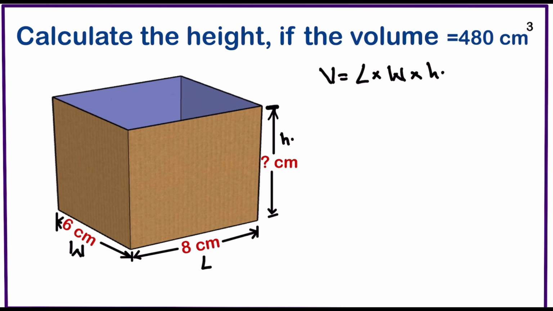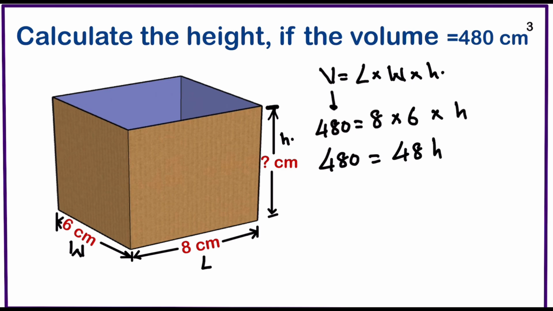So we just simply substitute the known values. So we have the volume, which is 480, should be equal to, they give us the length, which is 8, times they give us the width, which is 6, times h. So we are going to have 480. If we multiply 8 times 6 will give us